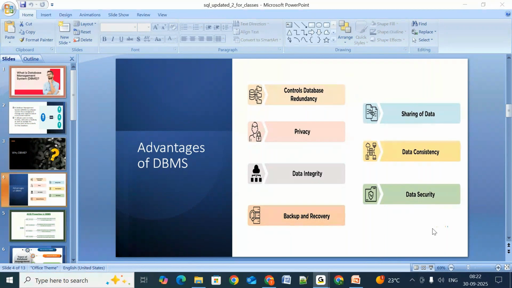That's why I am asking you to remember the disadvantages, then you will understand the advantages. All those disadvantages are the advantages in DBMS. DBMS will give us all these things free of cost. You don't need to pay anything for DBMS. It's a software, guys. No need to install anything, no need to buy anything.